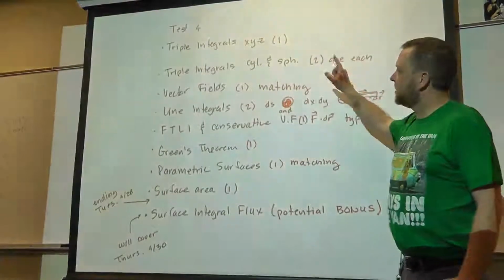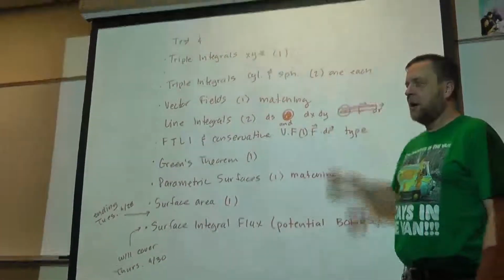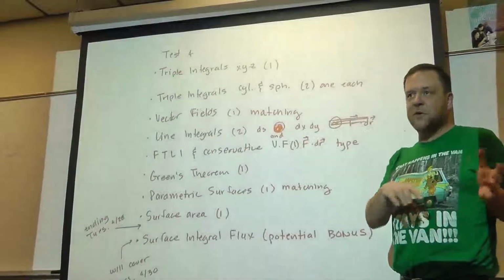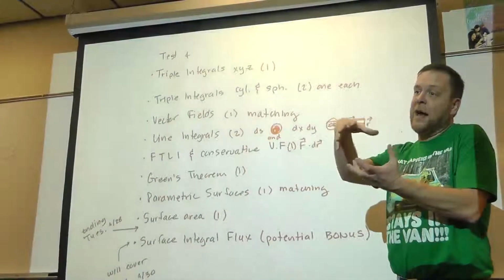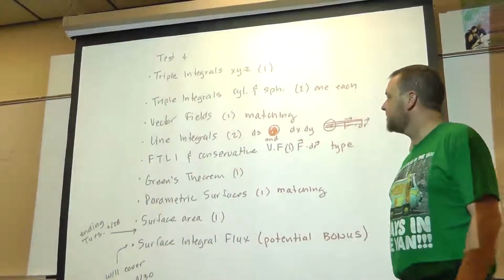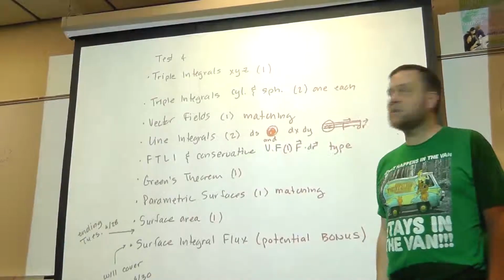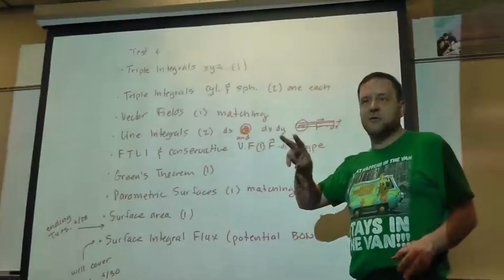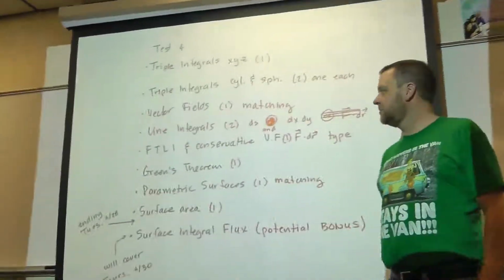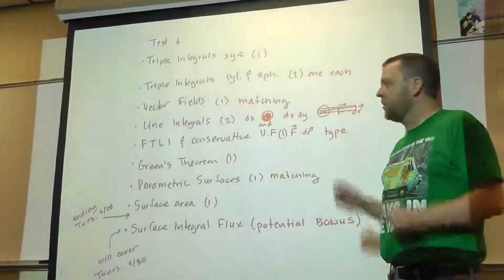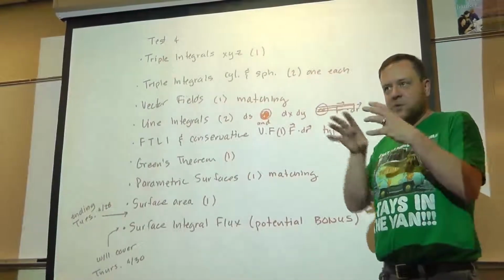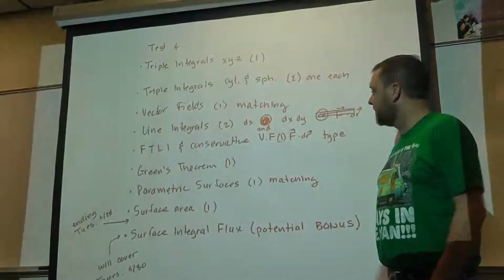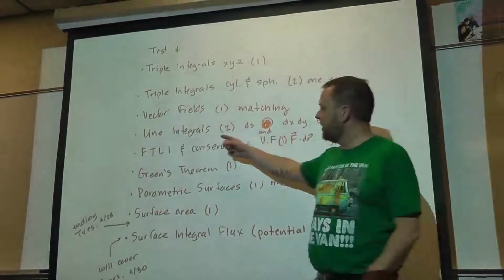And then one of each for a cylindrical and a spherical triple integral. Maybe one converting from rectangular into cylindrical or spherical, or maybe another where you're also given a graph and you want to set up the spherical limits or the cylindrical limits. But there are problems like this in that supplemental homework. Vector fields: given the equation for a vector field in 2 dimensions, choose which of the graphs would match it. Maybe graphing a few random vectors in the field to see which one has vectors that would align with that particular one. Line integrals, we started last week.